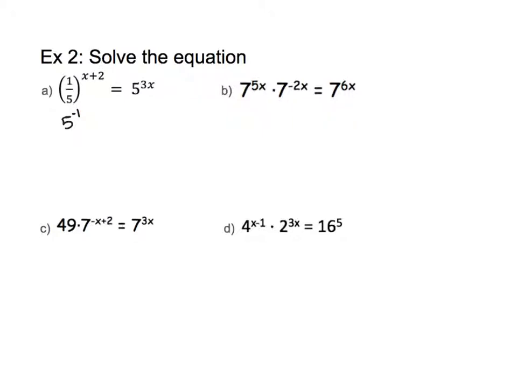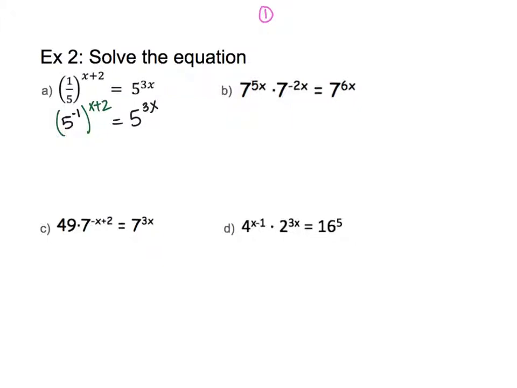Well, there's still stuff outside of this base here, so I need to make sure I bring that down. I'm going to bring that down as x plus 2, and then bring down the other stuff. This one's a 5 to the 3x. The reason why I chose 5 as my base is because the other side was already 5, so I saw the advantage there. Now, there's an exponent on the inside and there's an exponent outside. So we learned a moment ago, or just as a fresh reminder,